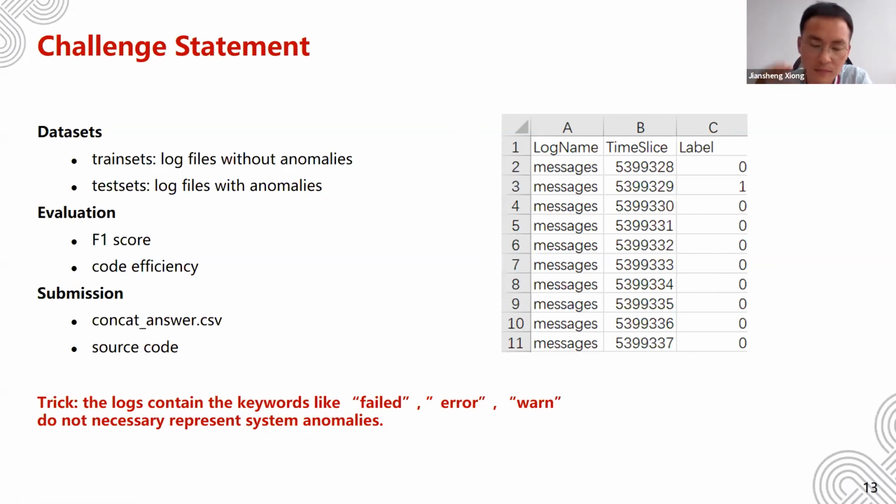Participants can, in log anomaly detection, detect anomalies according to event correlation. But in this challenge, they can detect anomalies just according to frequency. In the training dataset some anomaly logs may not appear, but in the test sets anomaly logs will appear. So they can detect anomalies according to frequency, because there may be no anomalies in training.